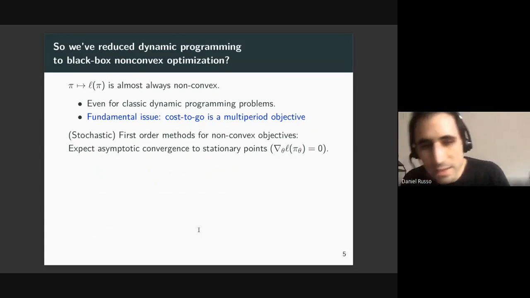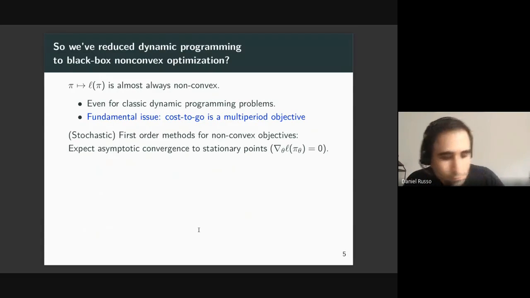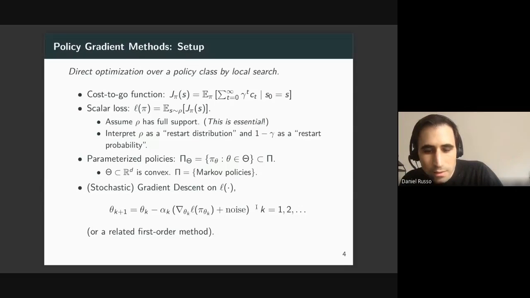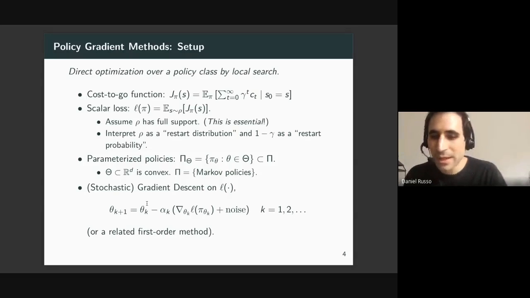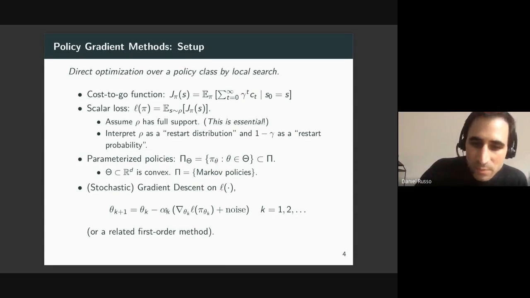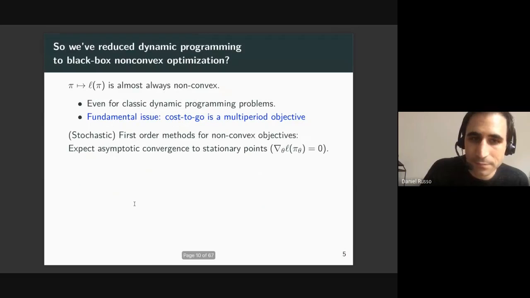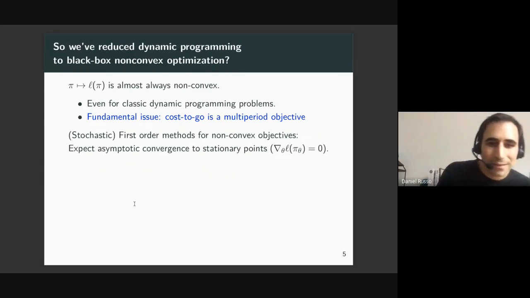So something exciting about this is that there are really a lot of methods for evaluating approximate gradients of L. There's a score function gradient estimator that's popular in the RL literature, so actor-critic methods. There's finite difference methods and infinitesimal perturbation analysis. There are many ways in principle that we could use to estimate gradients of L. But it's not really clear that local search on L makes sense.